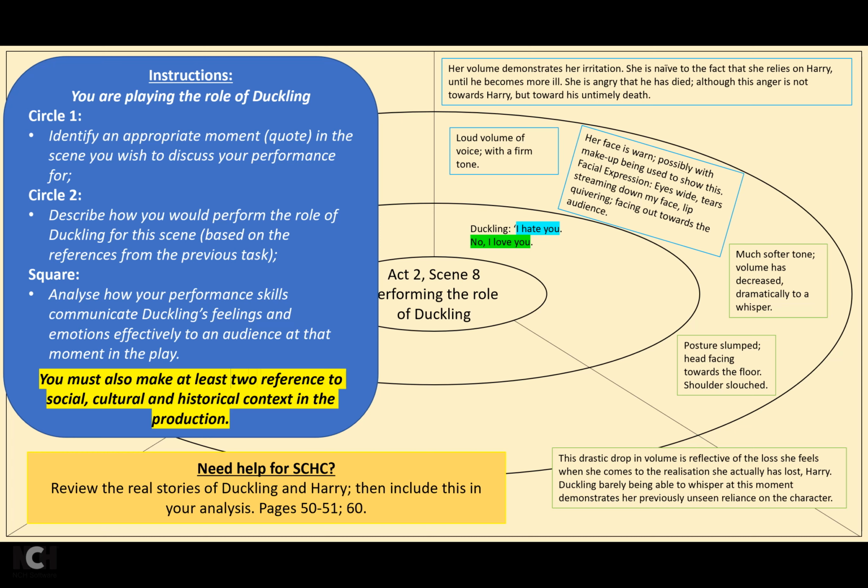I would talk about the real stories of Duckling. So you would say, oh, Duckling is based on a real character. Brilliant. Instant context quote. She was born in London. She met Harry before she came to the colony. Something that we could say is that actually Harry had an influence in reducing Duckling's sentence from death to the sentence that she is in, the exile, the sentence in Australia,